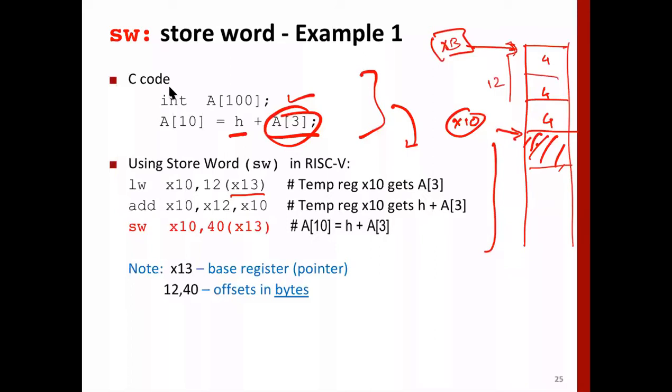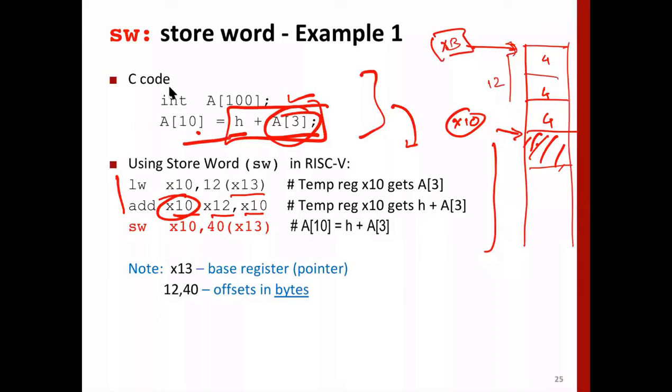And then what is the next? Add this to x12. This we have seen in the last example. Now the value of x10, all this is available to us. We have to store this to A10.